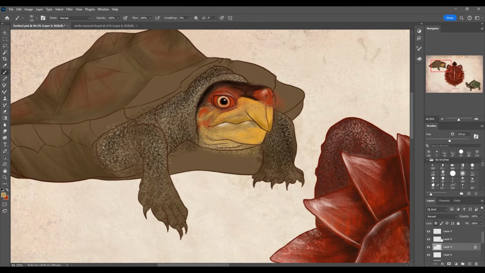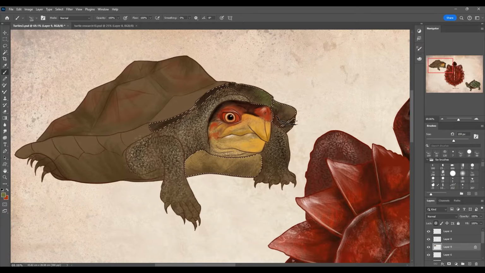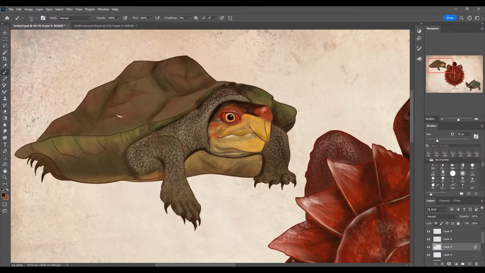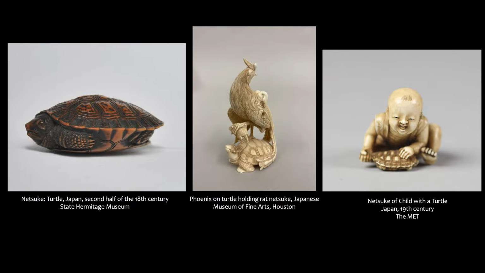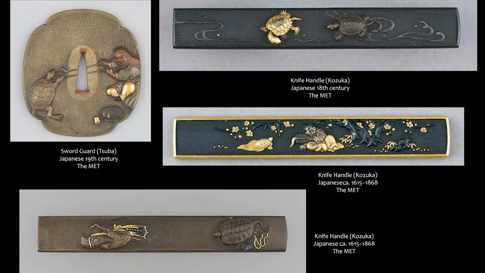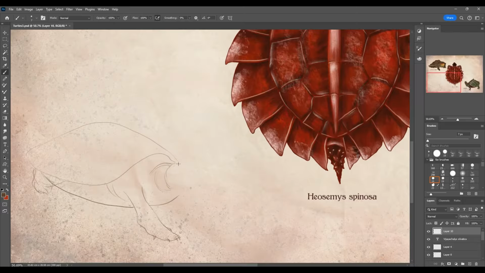of seafarers. It's a popular motif in miniature sculpture, and there's also a very well-known artistic pattern based on the hexagonal shape of a tortoise's shell. These miniatures are called netsuke. I have found many examples of knife handles and sword guards from Japan, which have beautiful depictions of turtles on